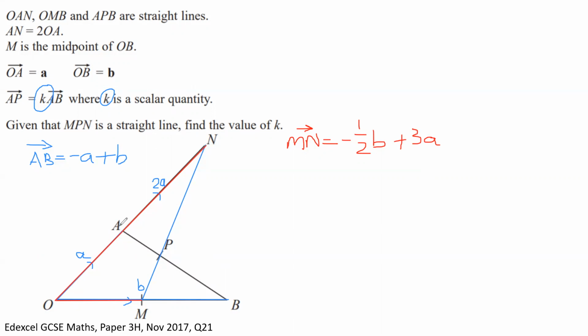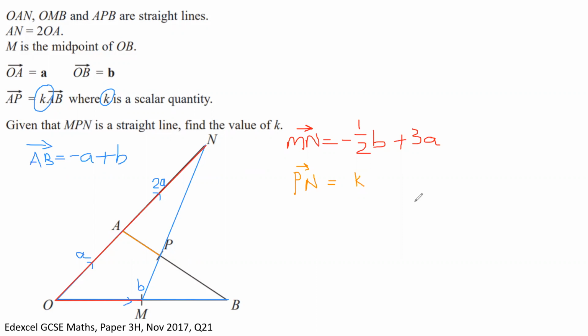We know that it's a fraction of A to B, but we don't know what fraction. So if we've got P to N, we're going to be going along here, a fraction. So this is where we know that it's going to be K